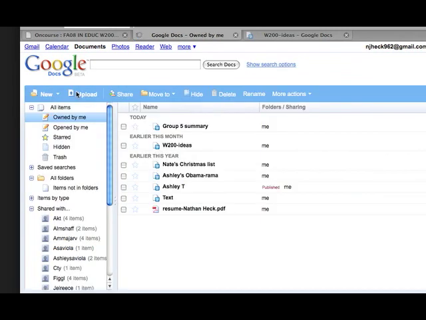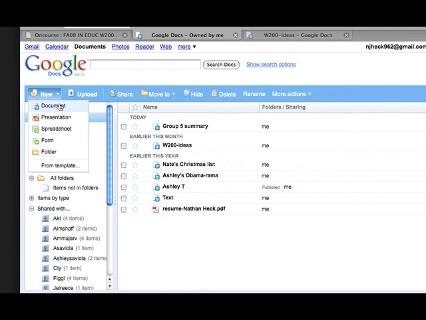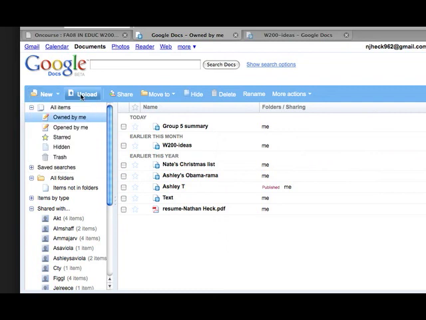And I think I even have, let me check and see here. Some of these might be, no, I don't think I have one up here. But you are actually able to work on the Word document within it, so you don't have to download it. So your group can do it two different ways. You can either just create a new document like I showed you through Google, and then new and then document. Or you can upload, say for instance, you're the first person to type out a summary of the two